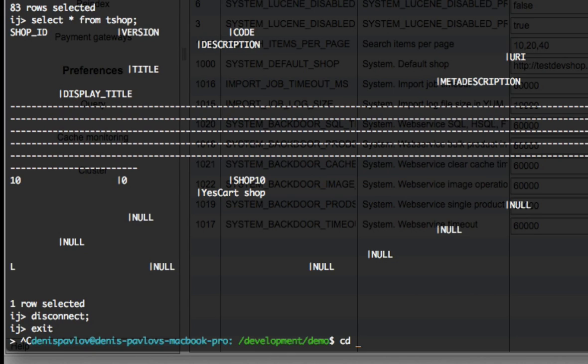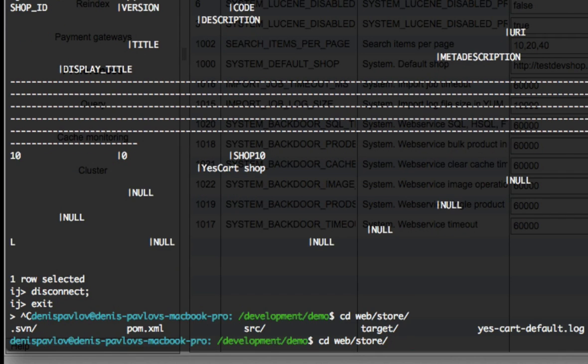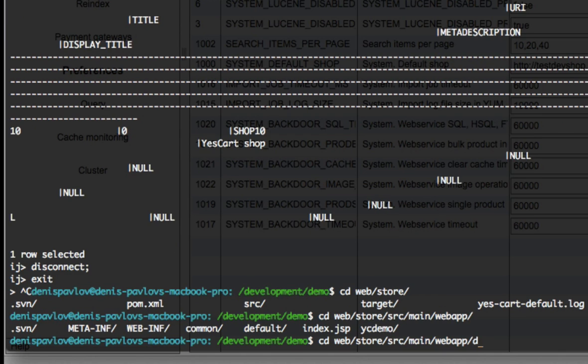So if we navigate in from the root directory of our YesCart source code, if we go into web module, store, source, main, webapp, and then default, image vault,